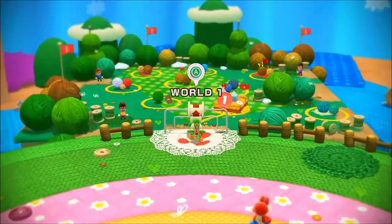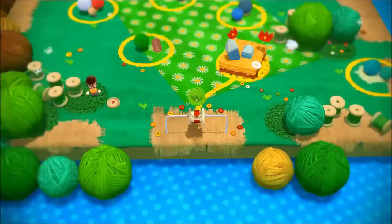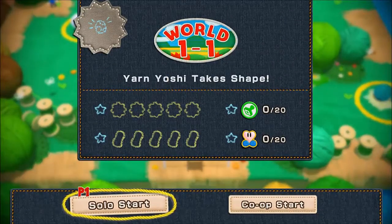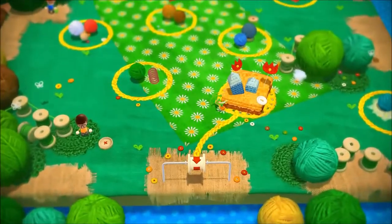But it's a kid's game, or at least it's got kid sensibility to it. So I don't think we need to worry all that much about what's going to happen to the Yoshis. I'm sure they will be absolutely fine. So what I'm going to do here is show you the very first level from Yoshi's